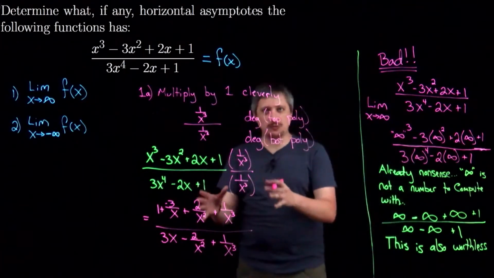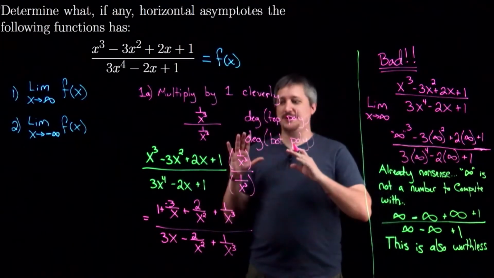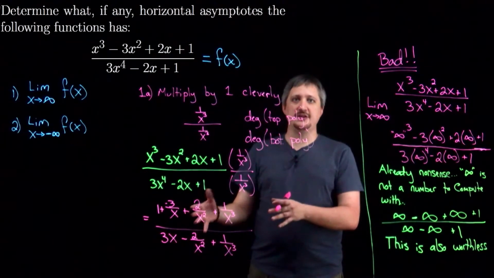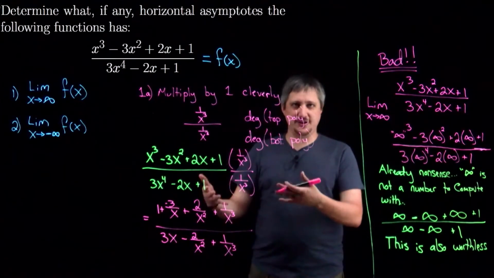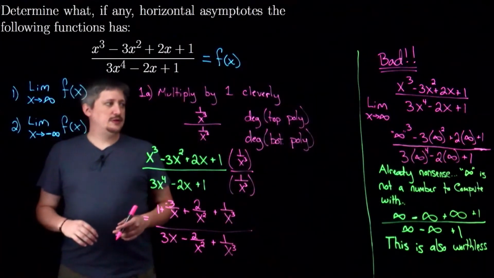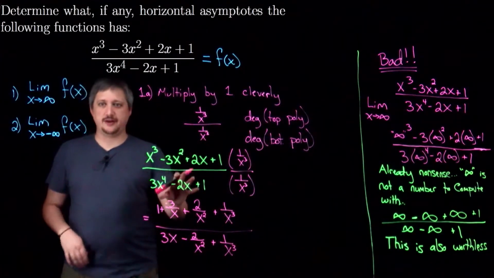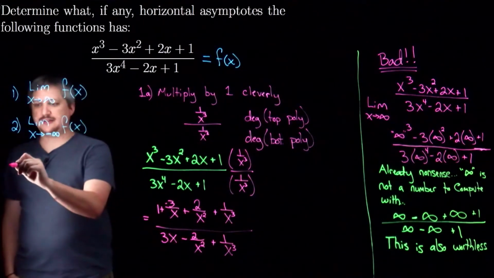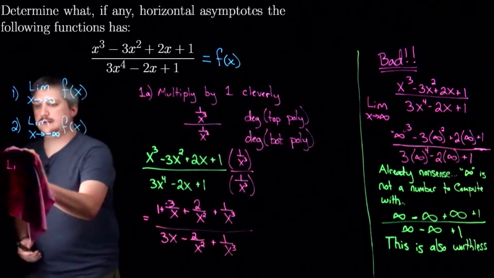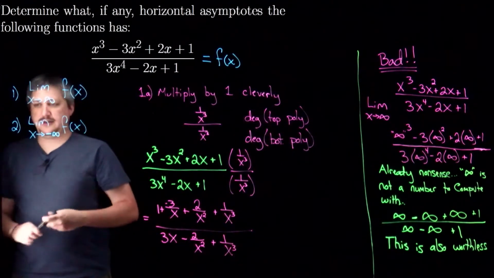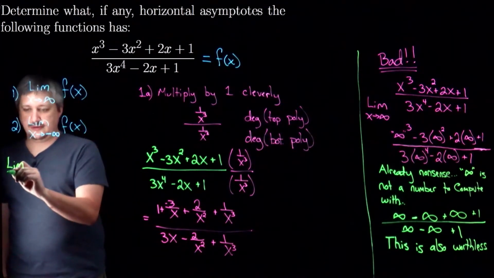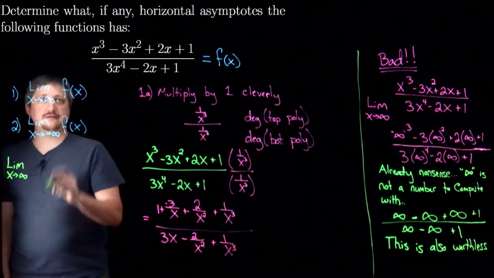Okay, so let me write out what we just said rigorously, but this is the idea: I've set it up in a way that now when I try to compute stuff, it'll actually work out the same way. So I guess I'm going to leave that up. I'll write it over here. So if I take the limit, in fact, let me change colors. That one's getting a little tired. So if I take the limit as x goes to infinity of f of x,